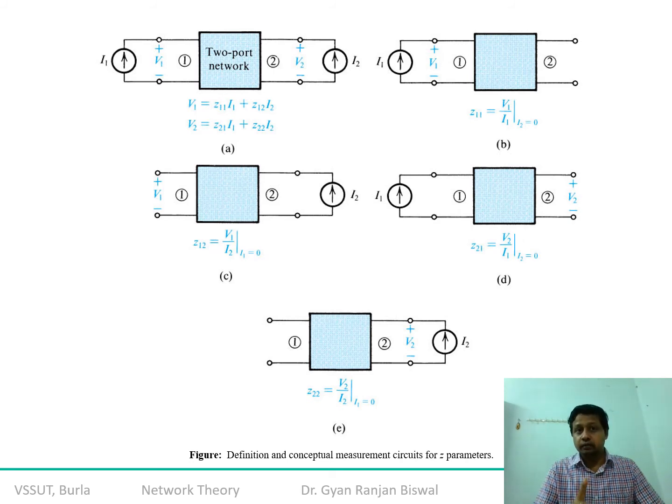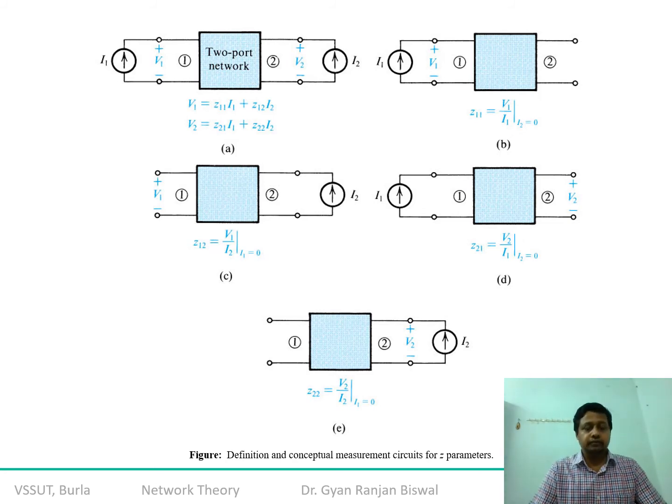So in real life the current will always flow from terminal 1 to terminal 2. That is your forward direction. Anything flowing from terminal 1 to 2 is the forward direction. Anything that is assumed to flow from terminal 2 to 1 is the reverse direction. It is the reverse of the direction of current flow, because the load is connected at the output terminal, so theoretically it should always flow from 1 to 2. The transfer of impedance from 1 to 2 is a forward impedance, and the transfer from 2 to 1 is always a reverse impedance.